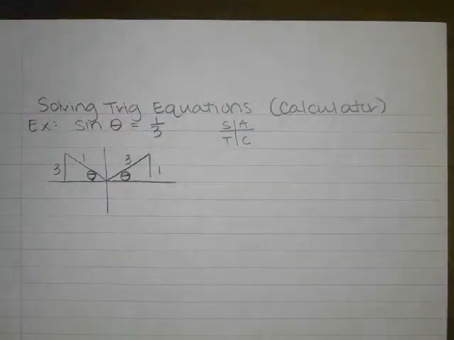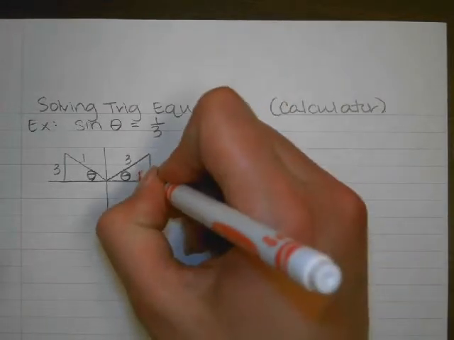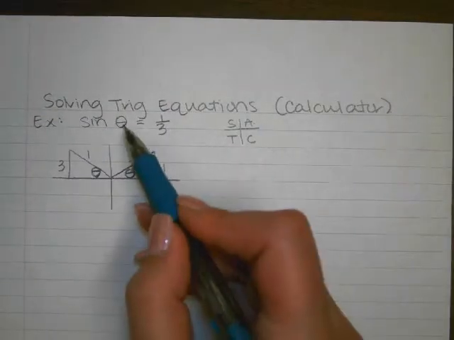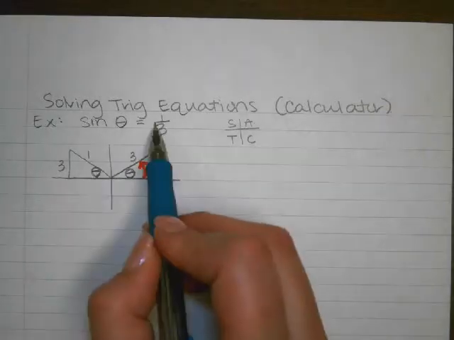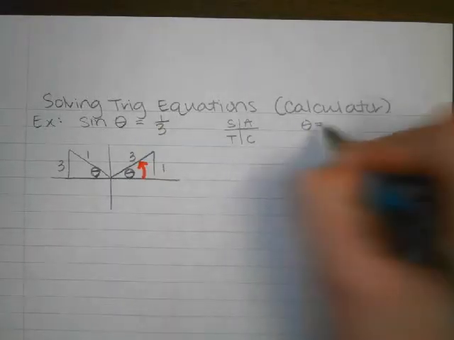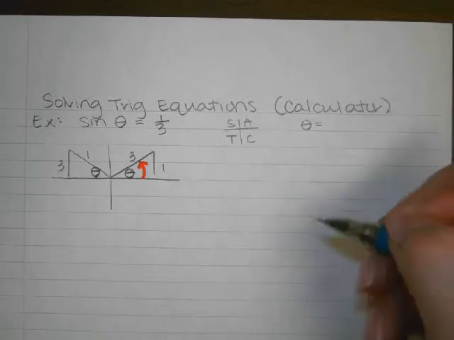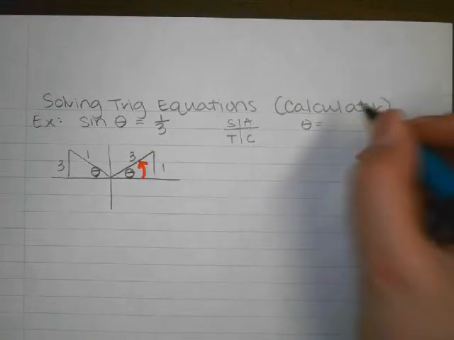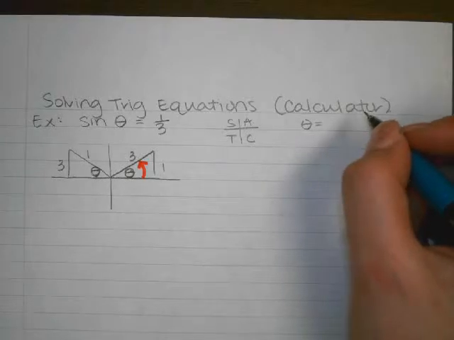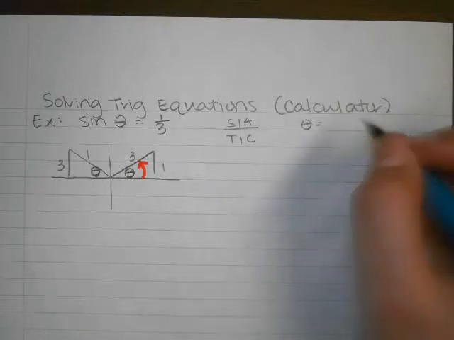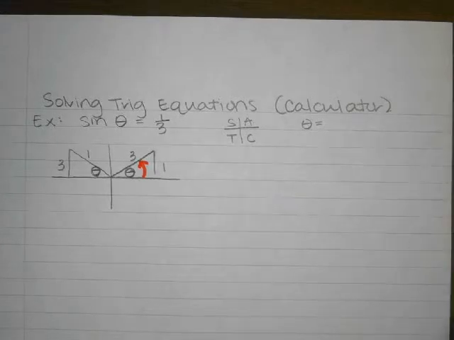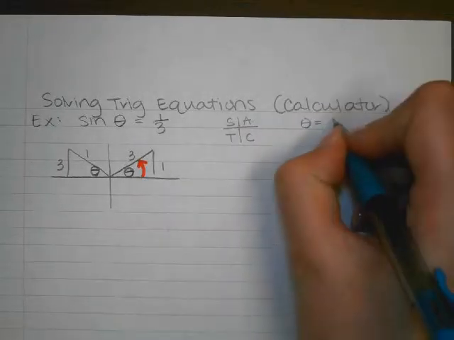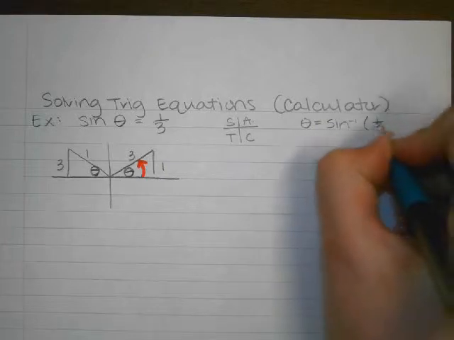All right, so if you guys recall, your calculator likes to think in terms of functions. So if you remember when we would solve this, we're going to do sine inverse of each side. But my calculator is not just going to give me all of the answers. My calculator is only going to give me the answer that would work for the inverse function, not the inverse operation, which is what we're doing. It's the same idea as if you square root 4 in your calculator. It's not going to say plus or minus 2, it's just going to say positive 2. And you have to know, oh, I was the one who did the square root, I need to put the plus or minus. So here, we're going to be doing sine inverse of 1/3, and I just have to know